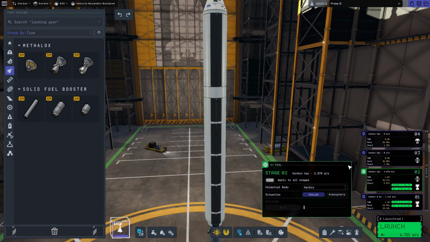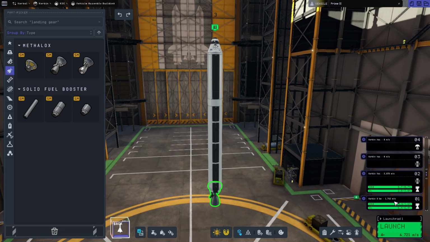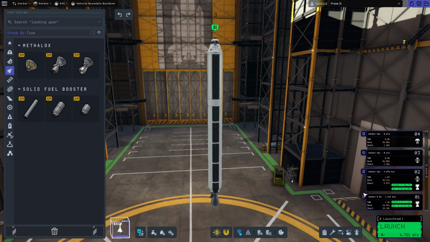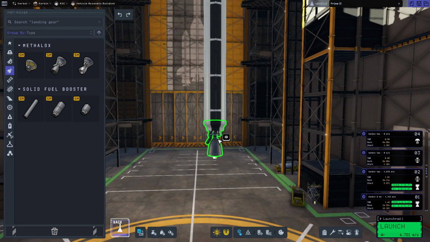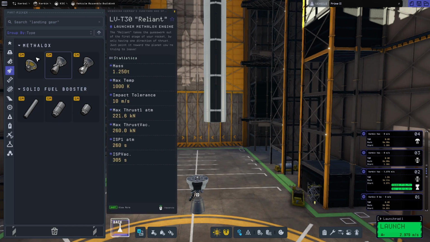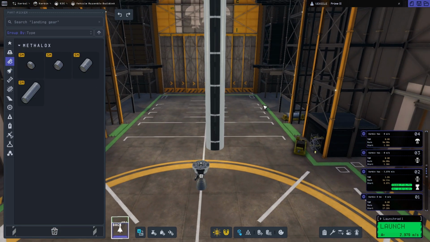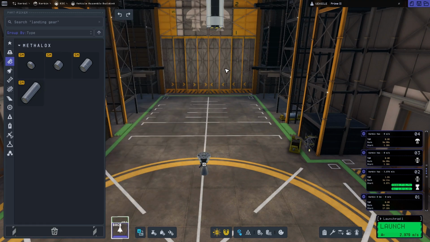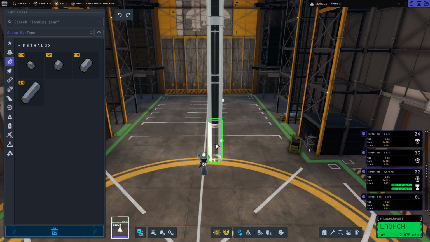Carbon vacuum. Okay, we've got enough thrust to weight. We have got 2,000 meters per second in that stage. That's good. First stage is not a lot. The thrust to weight is actually increased. So we could get another fuel tank in there. Oh, actually. If we get 3 of them, thrust to weight is